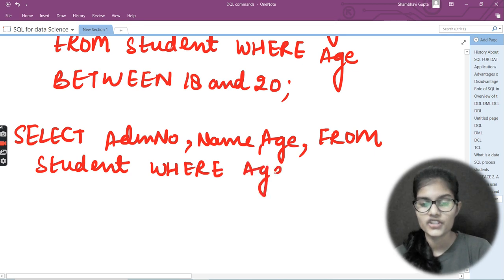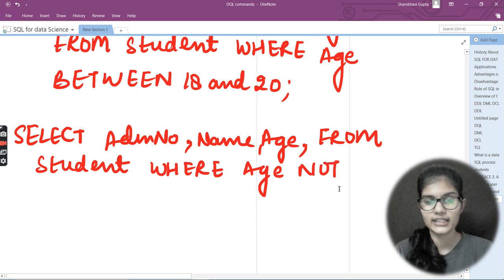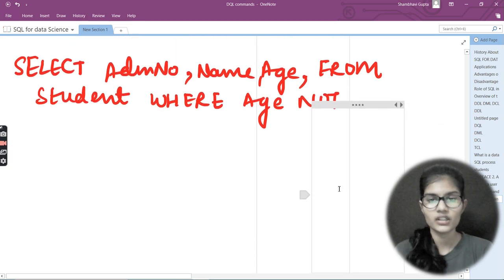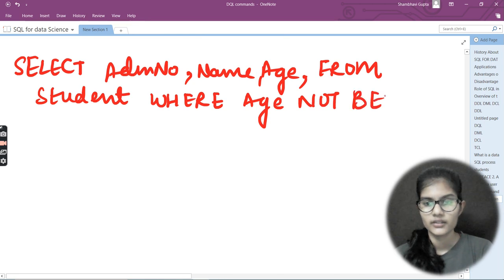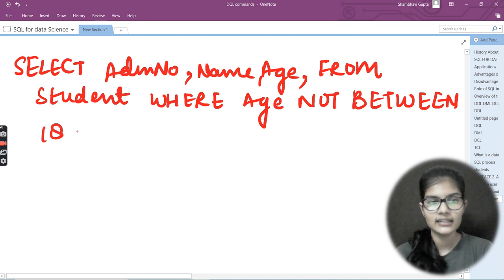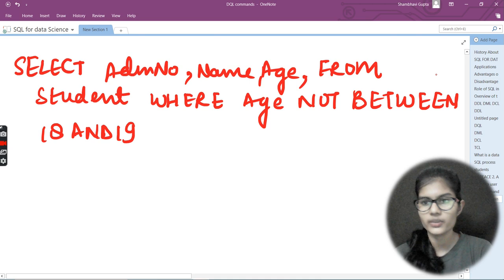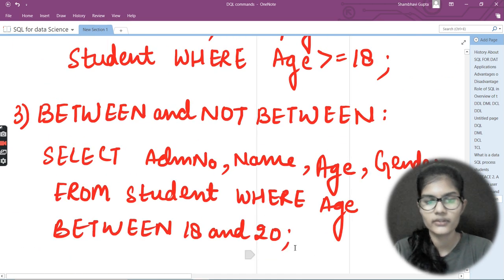From student where age not between. Instead of between, we simply write where age not between 18 and 19.